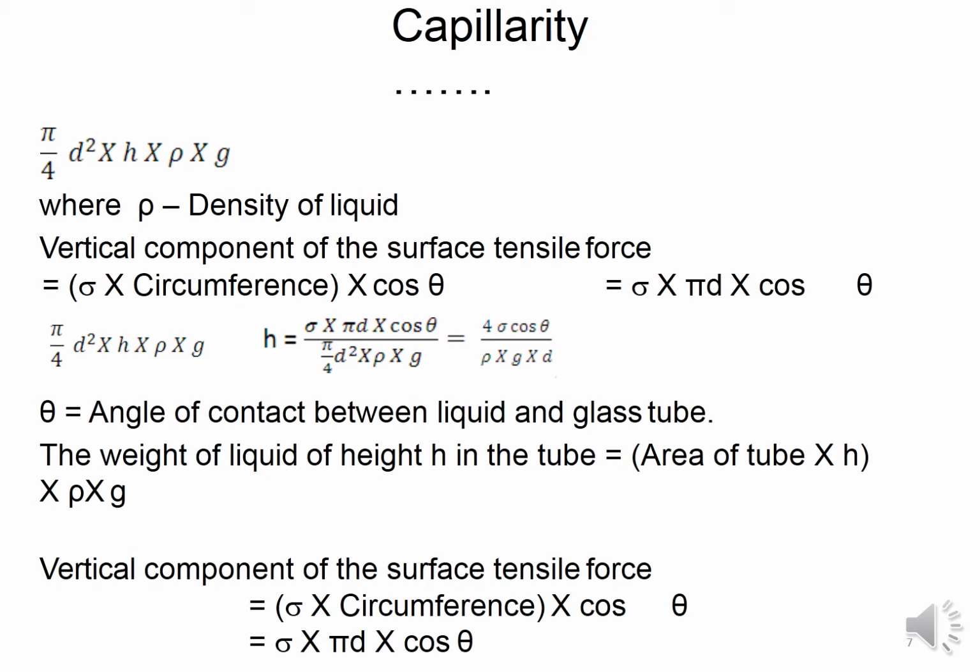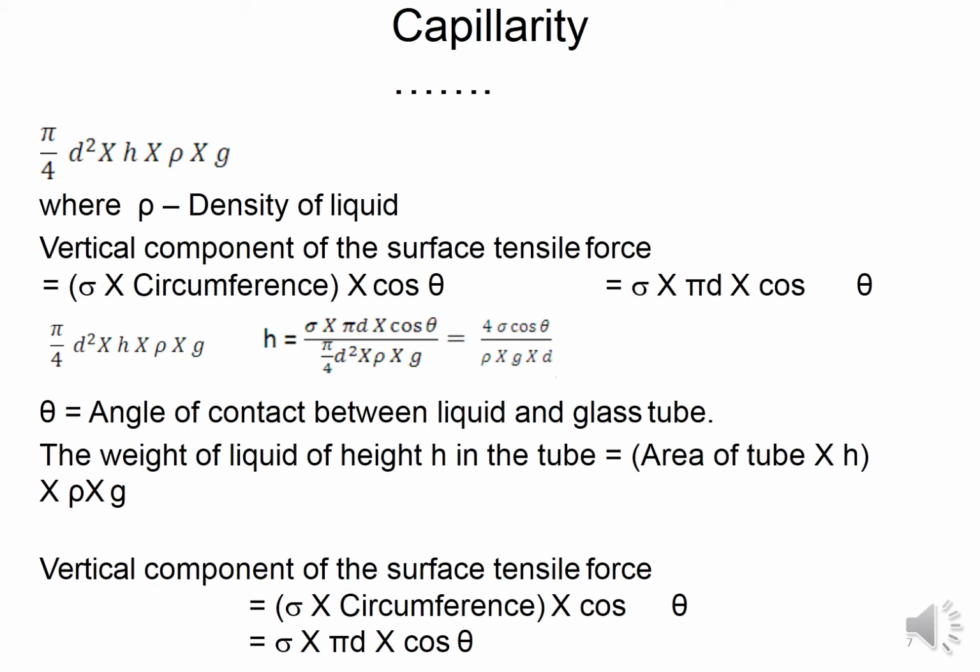So sigma is surface tension, pi d is the circumference, and cos theta. If we equate both equations, then we will